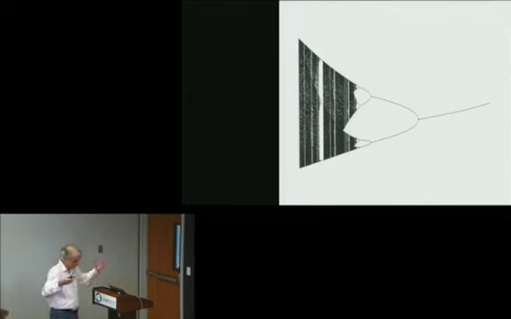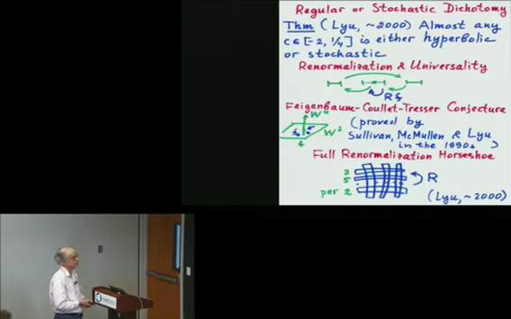Okay, now we have these hyperbolic parameters, or regular parameters as I call them, where there is an attracting cycle and almost everything converges to this attracting cycle. We have stochastic parameters for which there is an absolutely continuous invariant measure that governs the behavior of almost all orbits. Do we have anything else physically significant in this picture? It turns out that that is it. From the measure theoretic point of view, that is all that we have.